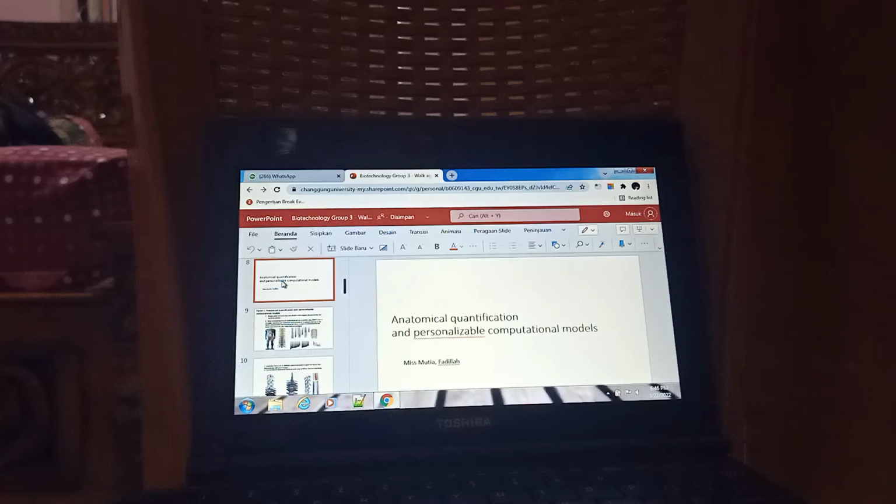Okay, the next topic is anatomical quantification and personalizable compositional models. I will tell you about the variability of spinal cord topology. And next,